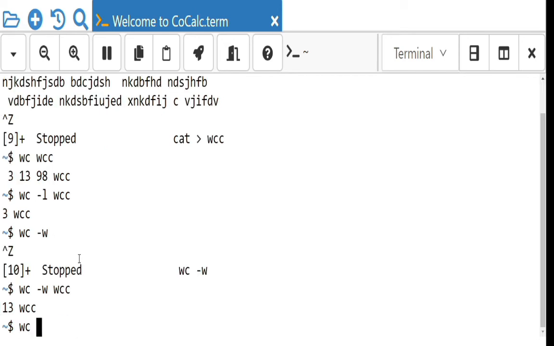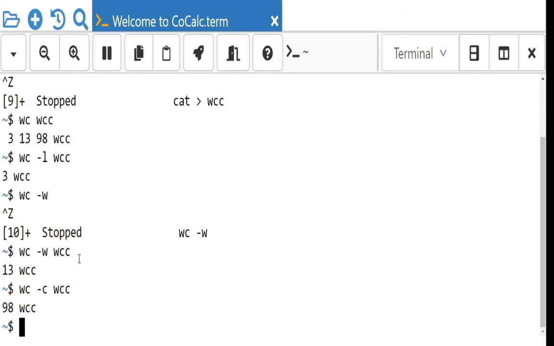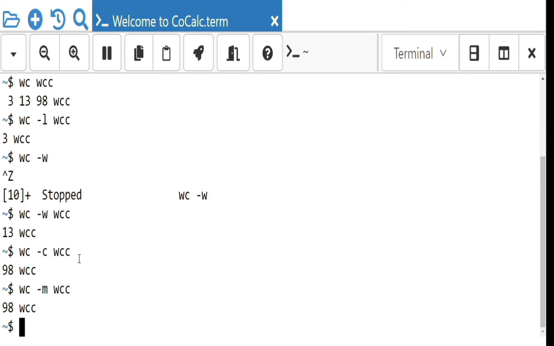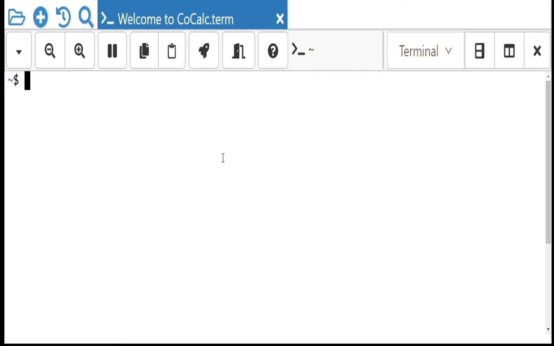Then wc minus c, the number of characters. Then wc minus m is there to display the count of characters, which is also there. Okay.